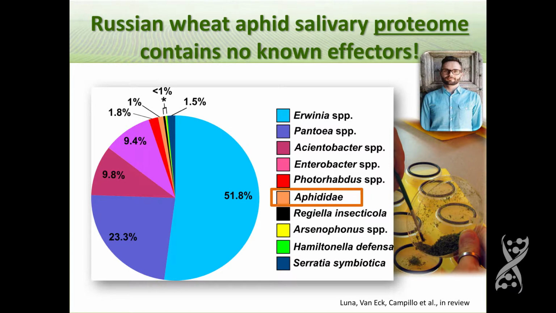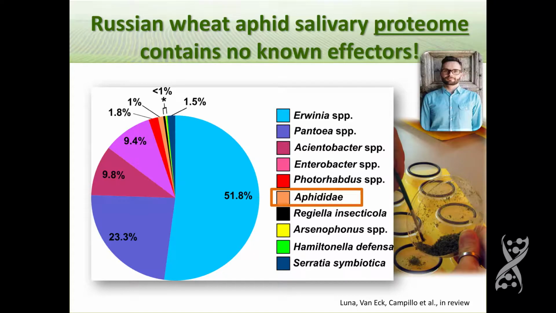So when I first went to Colorado State, I was invited to serve on the committee of a young man named Leon Van Eck. And Leon was interested in how aphids cause symptoms on wheat plants. And this is the Russian wheat aphid, which is an invasive species. And in fact, for those of you from Australia, it was just found there recently and promises to be very devastating there. But Leon did what many folks at that time were doing, which is he collected saliva.